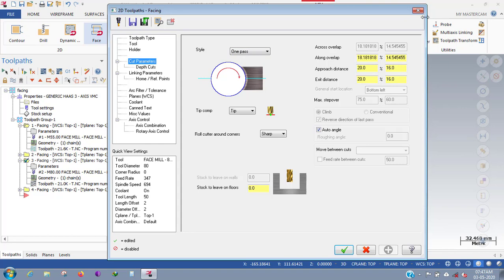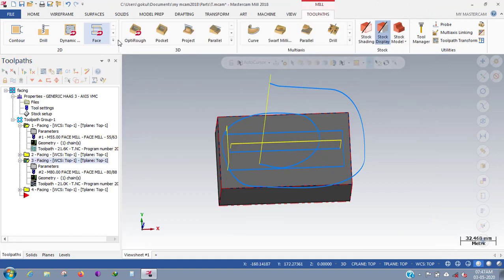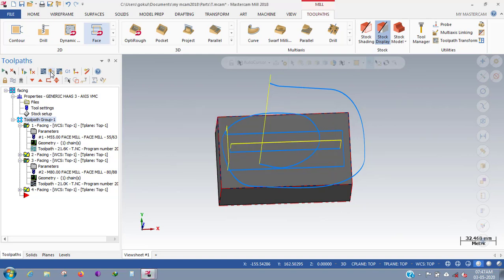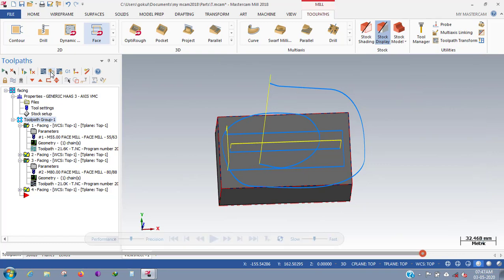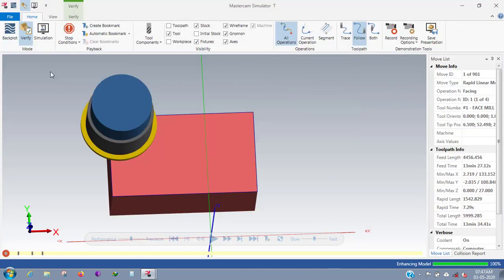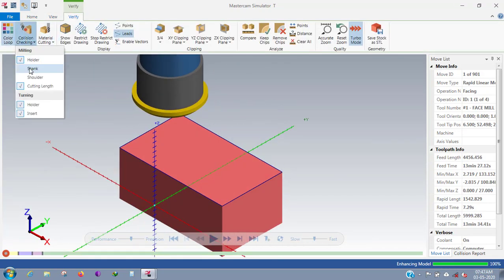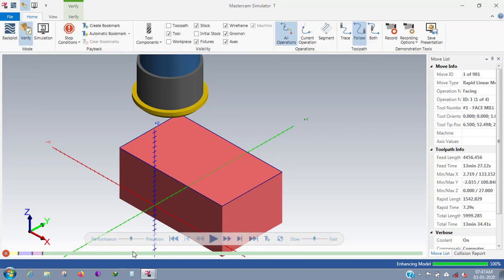Okay, and we will see all these toolpaths in the verify option. Yeah, let's go to isometric view and verify, and collision checks will be honored, and remove chips. Okay, then see, if you see here, only the last dynamic has such a high cycle time. Okay, and I will just